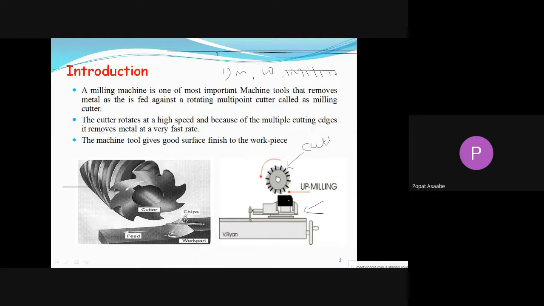See, this is the workpiece, and this is the milling cutter, and that milling cutter is in rotary position. Means your milling cutter will rotate. With the help of the motor, the belt pulley or gear, we rotate this milling cutter, and we feed the workpiece against that rotating cutter.